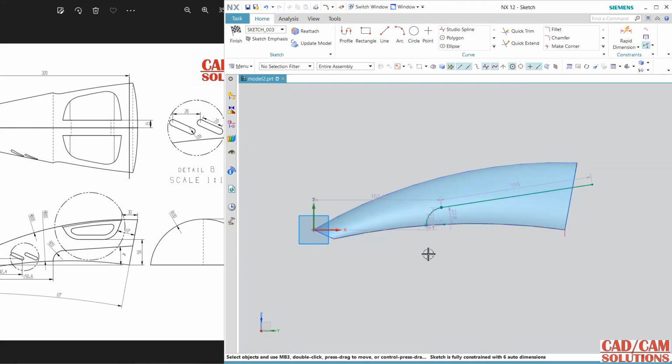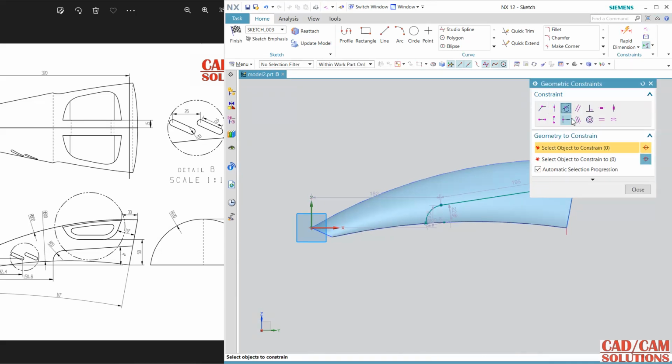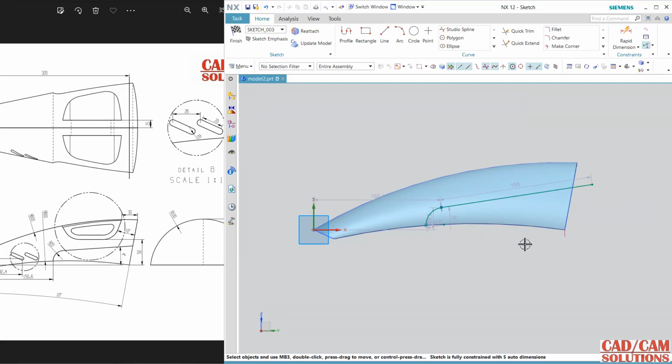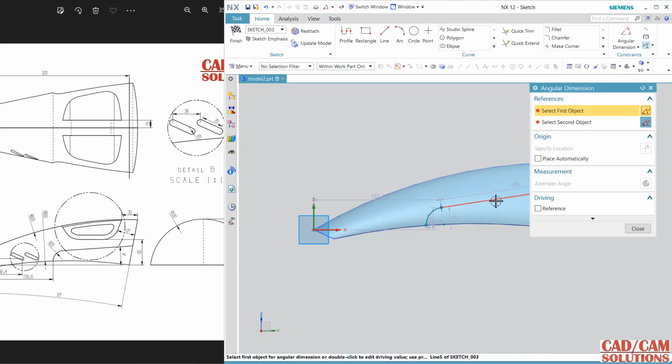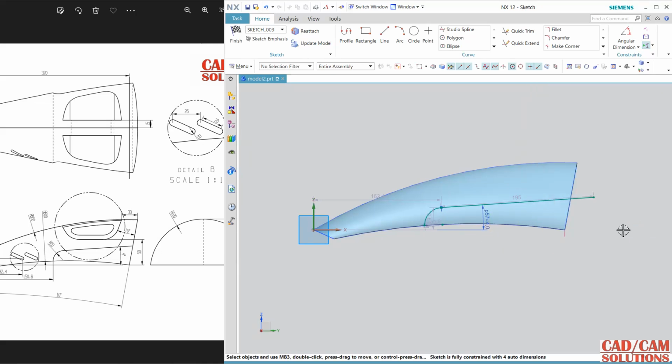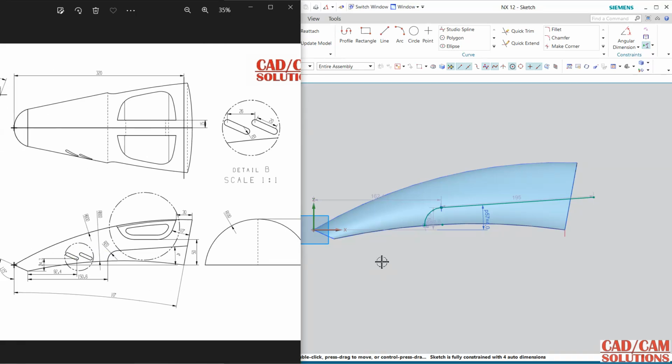Now I need to define some geometrical constraint, so I am using tangency first. So this and this will be tangent, and the angle is given as 4 degrees. So this and this, the angle will be 4.0,